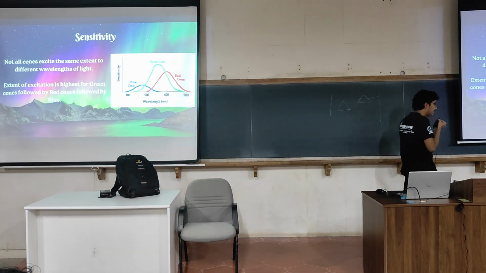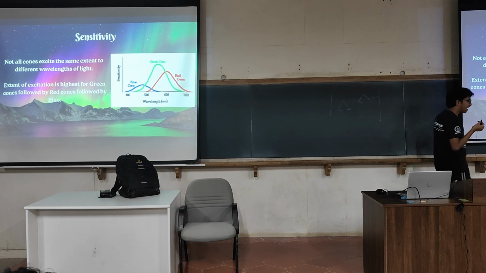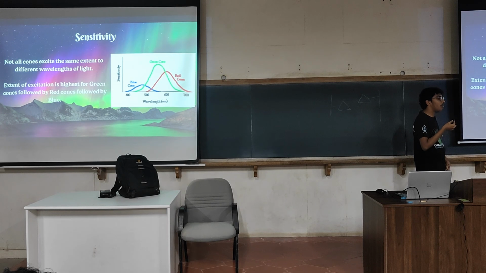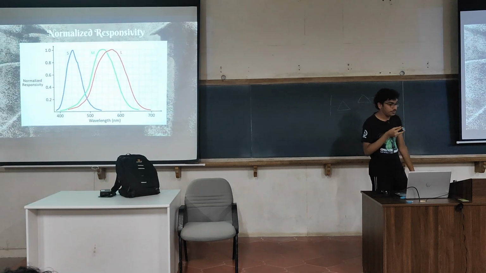This shows the intensity graph of different types of cones. For the S cone, say the blue cone, this is the responsivity curve, and for a green cone this is the responsivity curve, and as we can see it is not equal. Different cones have different responsivity and different extent of responsivity as well. For a given blue light, the blue cone has a lesser excitation compared with green light. But this is not important when we are analyzing the formation of colors. All that is important is a normalized responsivity.